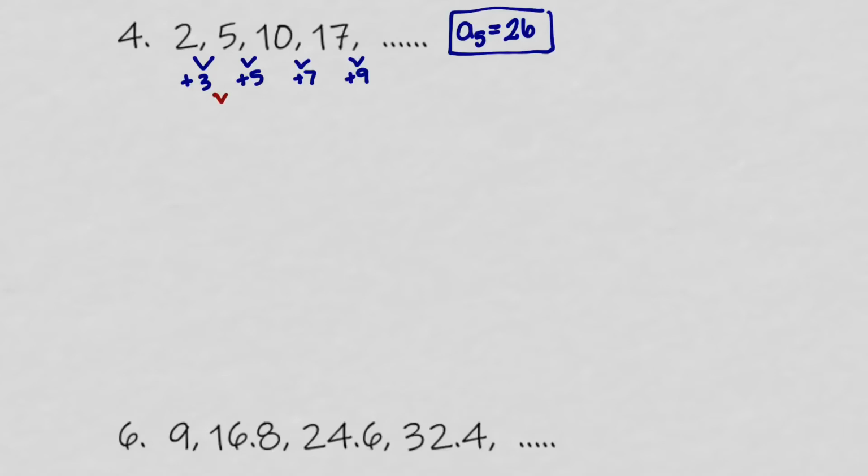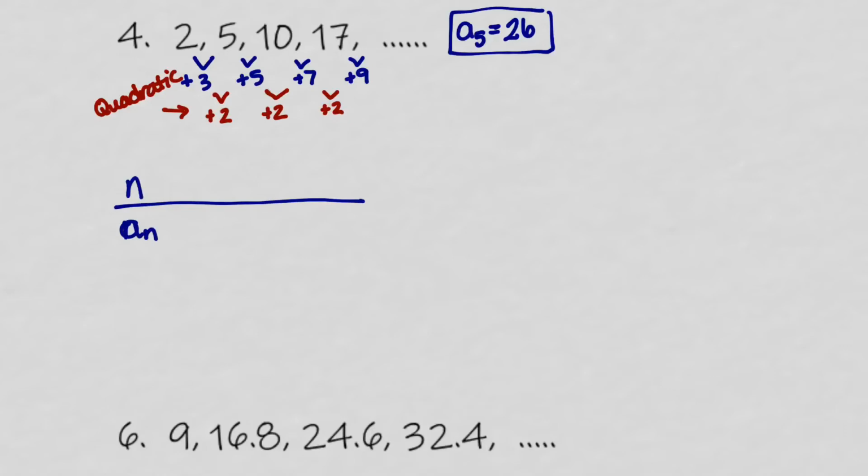But the next row, from 3 to get to 5 was 2, from 5 to 7 adds 2, and from 7 to 9 adds 2. So because the difference of the first set of differences is constant, this is quadratic. Okay, so we know we're going to be having 2n somewhere in there, but we have an n squared as well. So if we write down our original terms, we have n's, a to the n power,